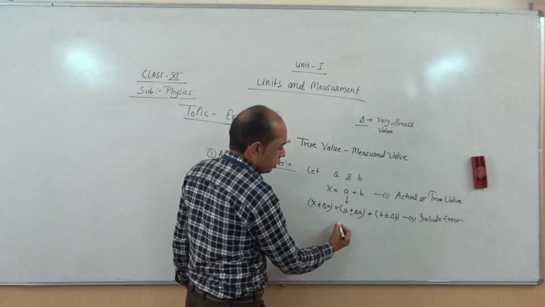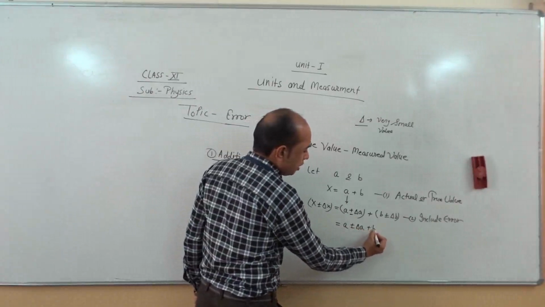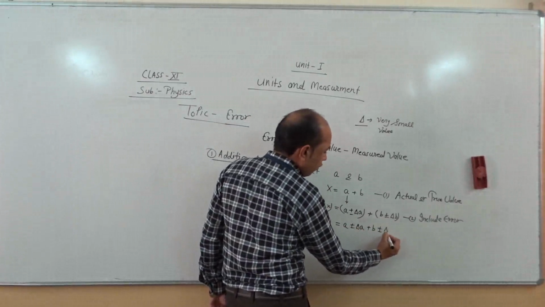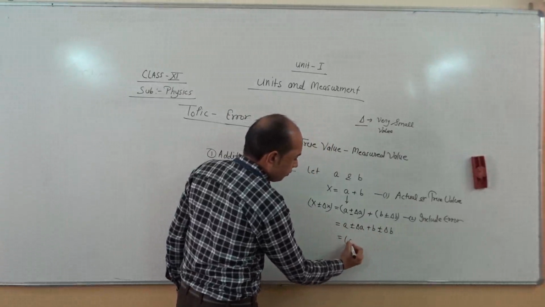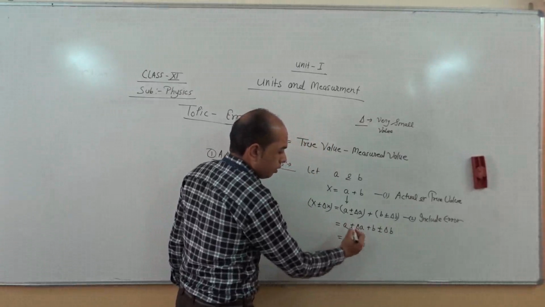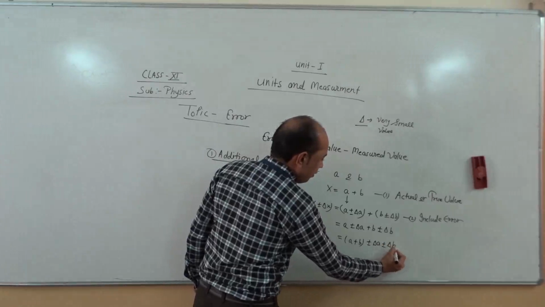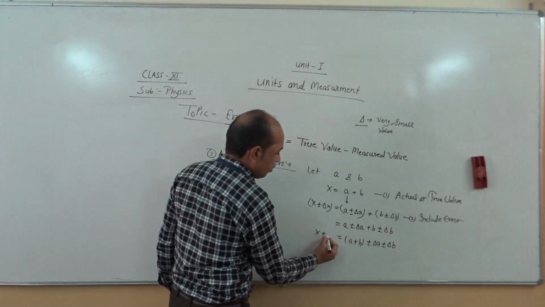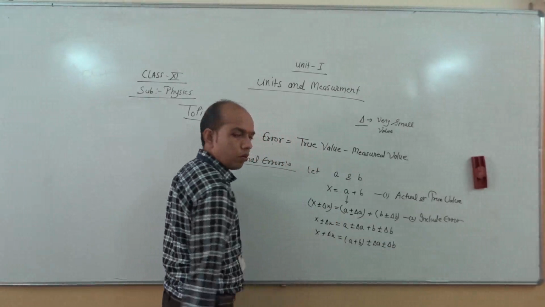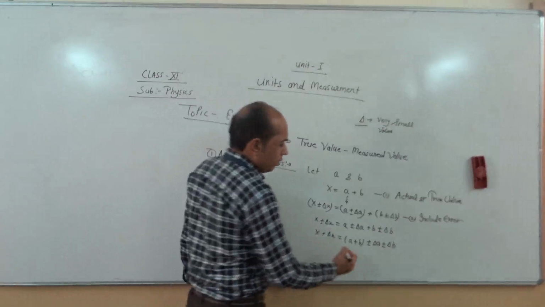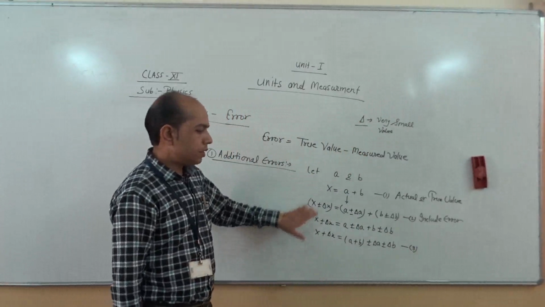Now we simplify this equation. A remains the same, plus or minus del A, plus remains the same, again plus or minus del B. So when we calculate it, A plus B, similarly plus or minus del A plus or minus del B, and this equals x plus or minus del x. Okay. Now what do we observe here? We compare the first and third equation.